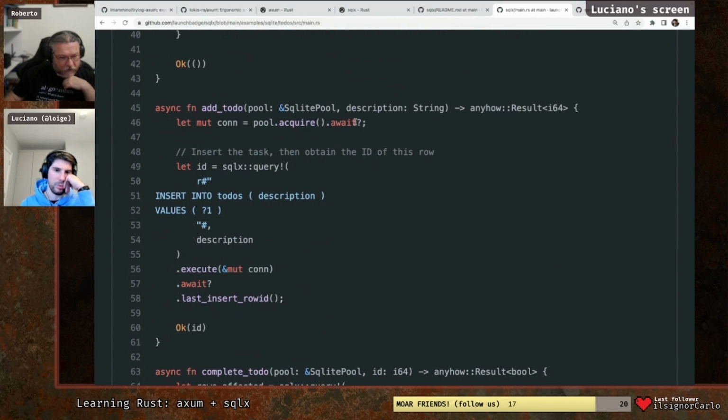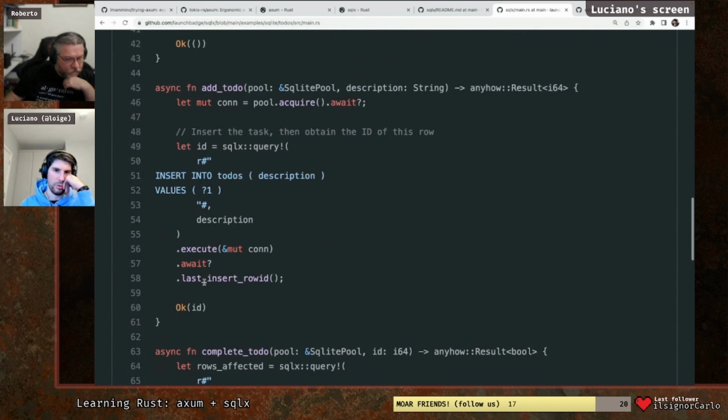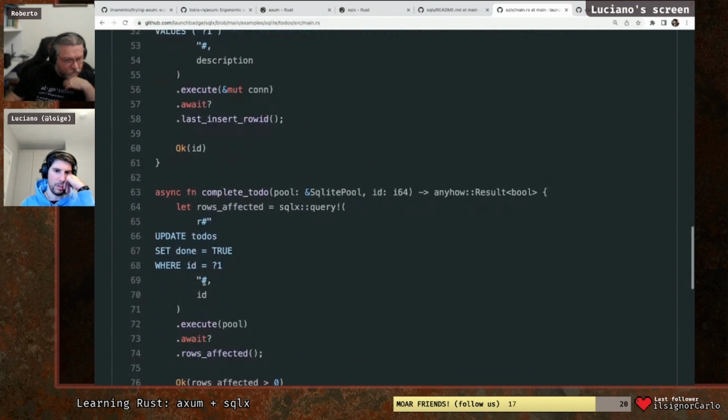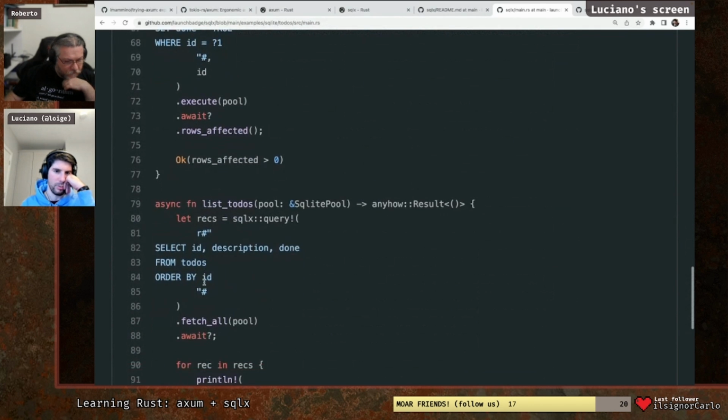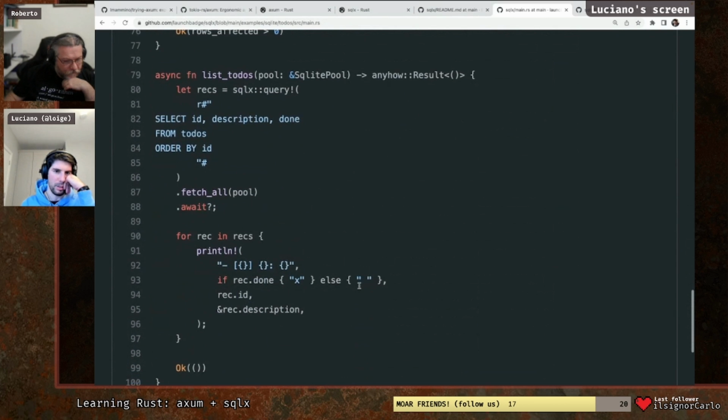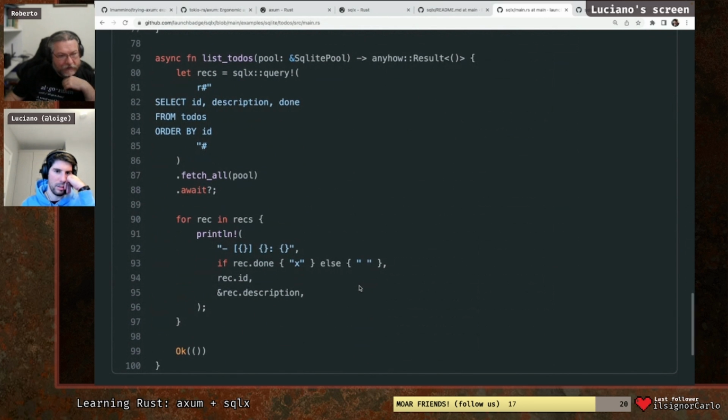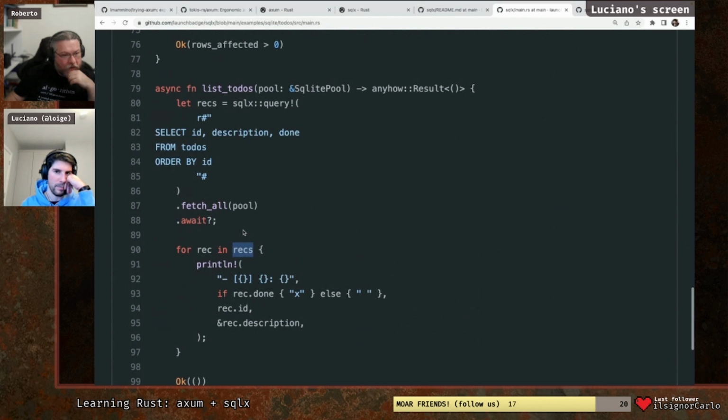They have this add todo. This is just adding. Is there complete todo? Is there any list todos? Okay, let's see how they do it here. They use this rec.description and rec.id. So what the hell is rec, the record? That must be defined somewhere. Description is a field of the table, but